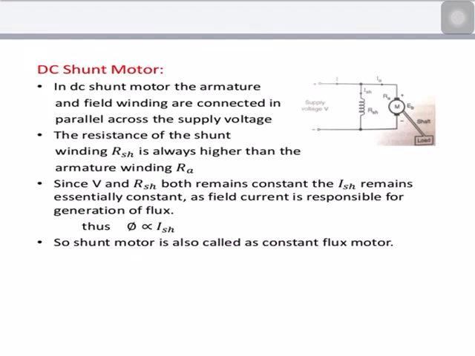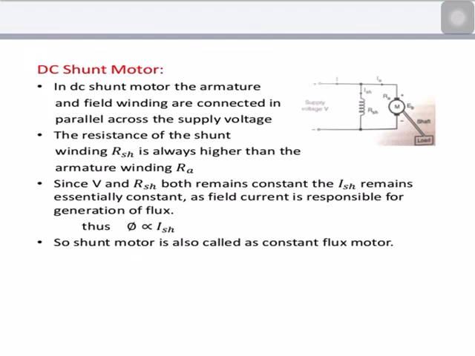Already we have seen the working principle of DC motor and how to start the DC motor. Now we'll see the characteristics of DC motor. The characteristics of any motor are determined to know its performance. Those are also called performance characteristics. By this, we can conclude where it can be applied and necessary precautions can also be taken to avoid any damages.